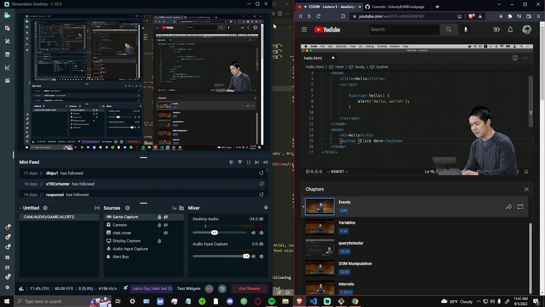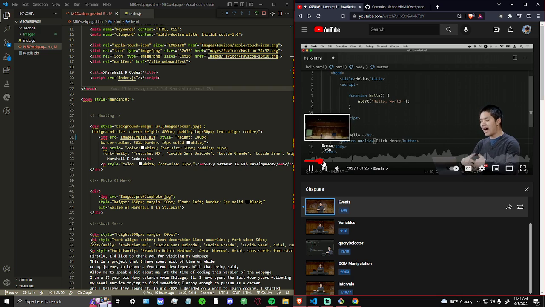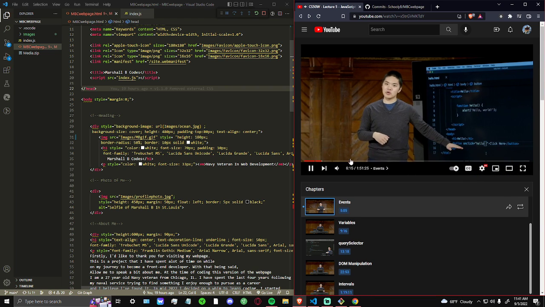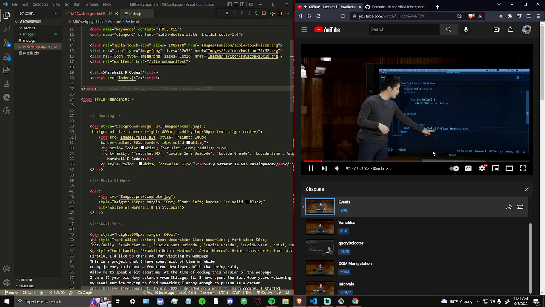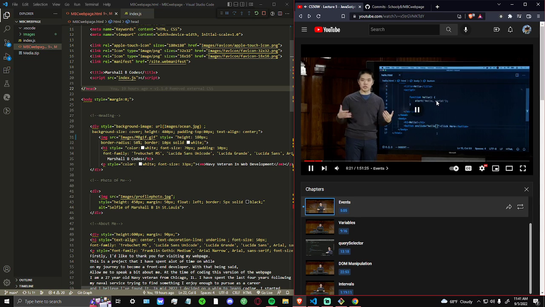We could do this by adding an attribute to this HTML element called onClick. What this is going to do is it's going to add an onClick handler. And I already did that, so we'll skip that. When you click on the button, you should run the hello function. And then up above, I'm defining the hello function to say what should the